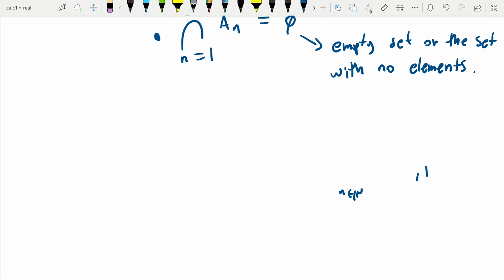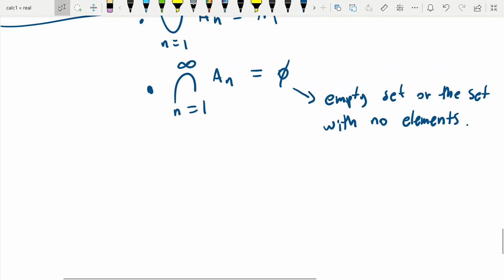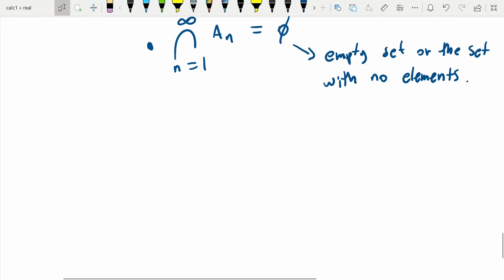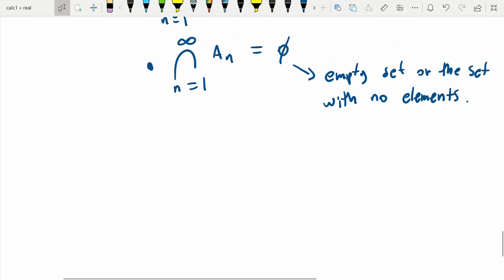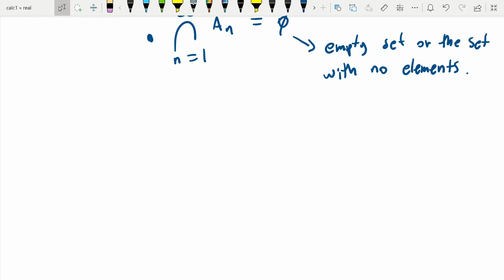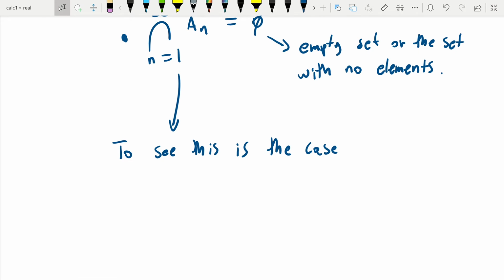But just to clarify a point. How do we see that this is indeed the empty set? This is going to point out some facts that we'll need to go over quickly regarding proofs and methods of proofs that we'll need to be comfortable with for this class. So to see that the intersection of all the A sub n's is the empty set,